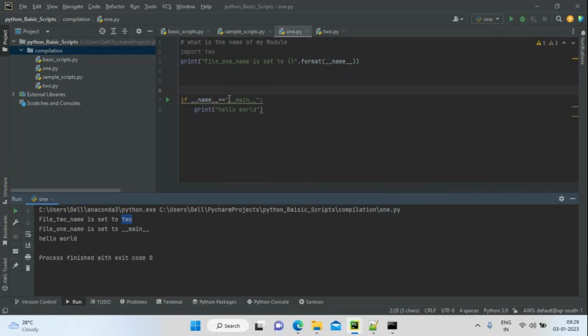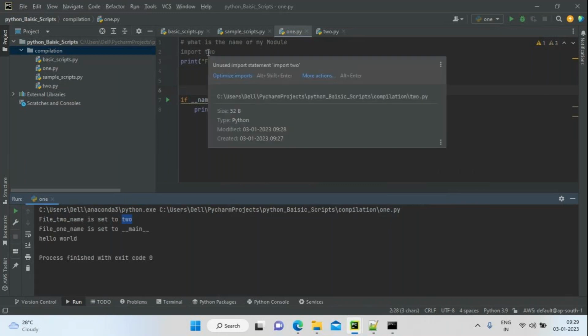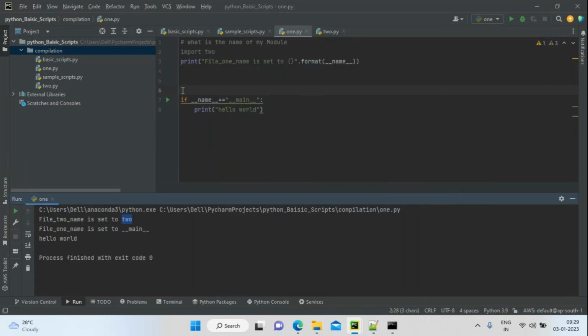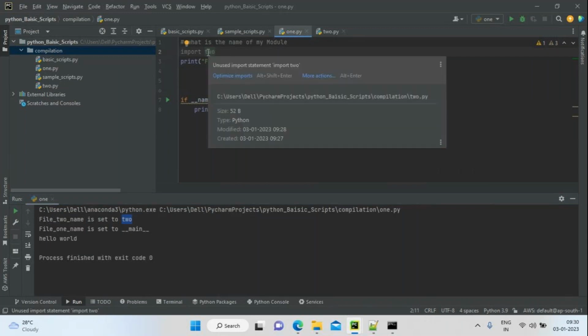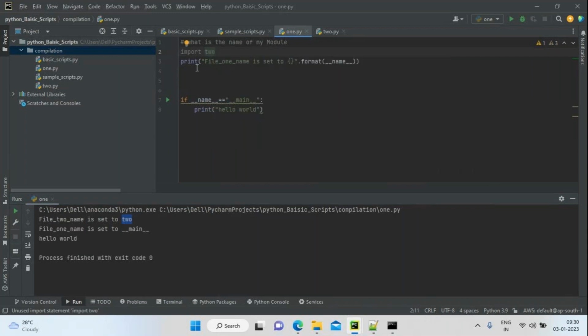See, whichever module you are referring to, that Python file name will be your module name. Whichever module you are referring to in your main script, that will be your module name, and then this print statement actually runs, right?